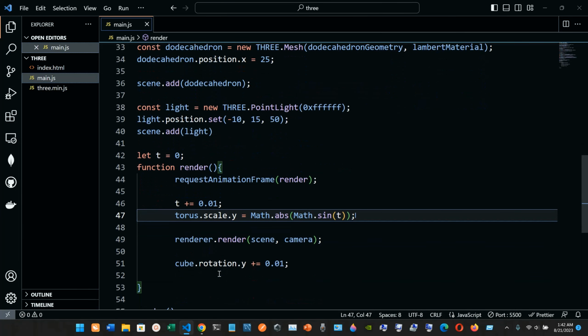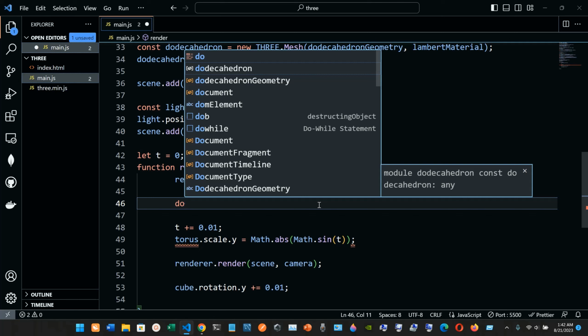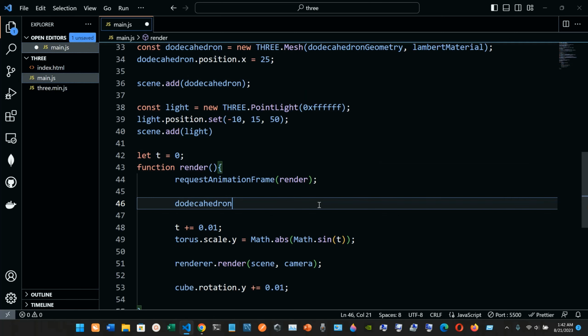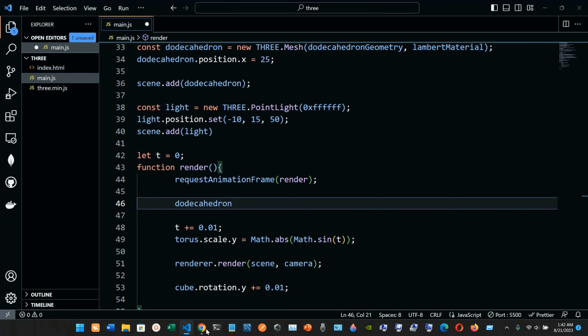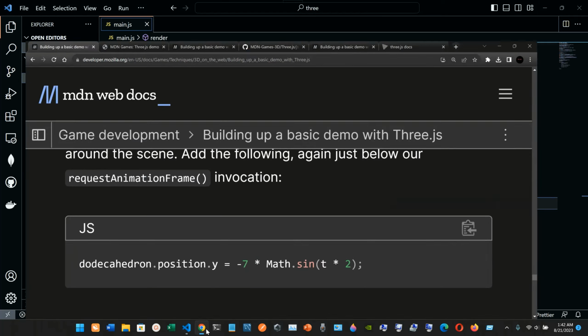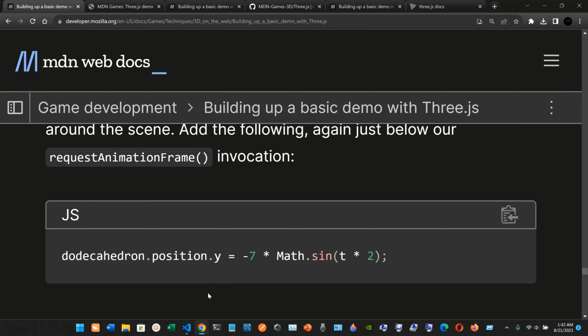So pretty much right here, we're gonna have the dodecahedron.position.y, and we are gonna set it to 7, like this. Nothing is happening yet, but we're gonna have the dodecahedron.position.y, and we're gonna set it to